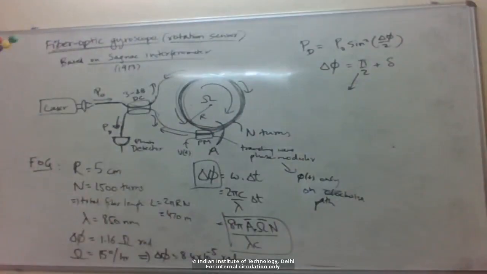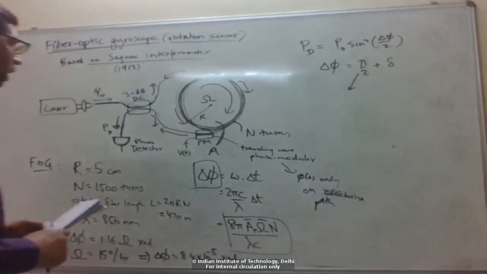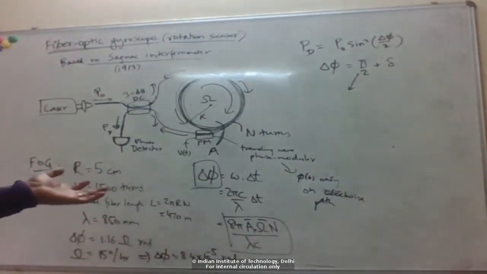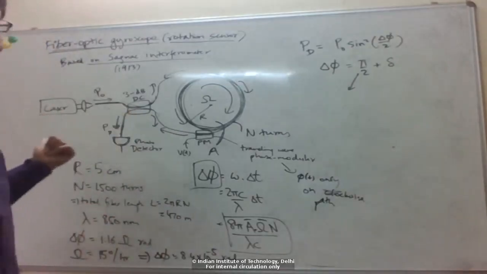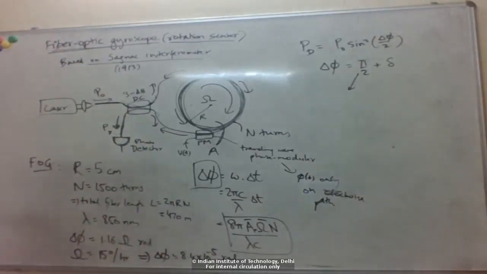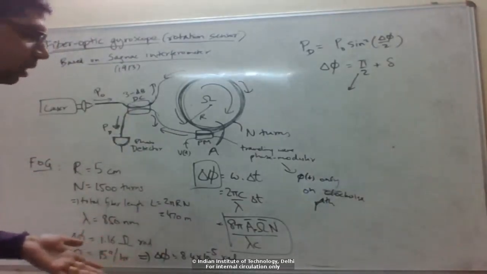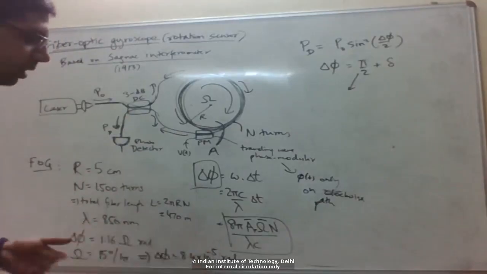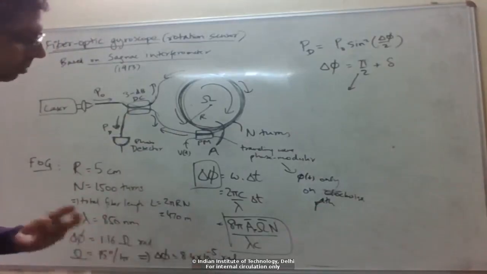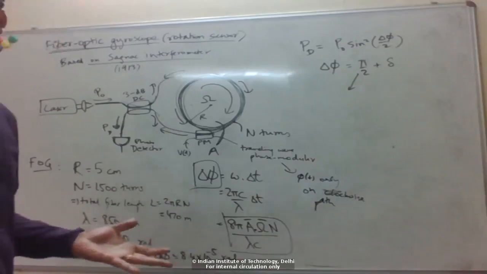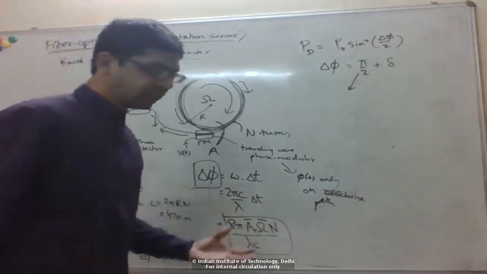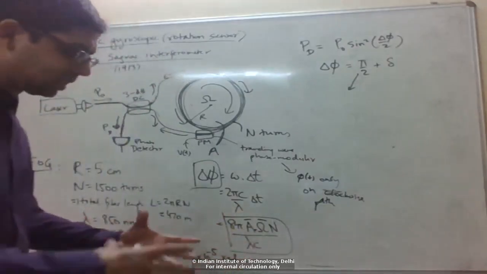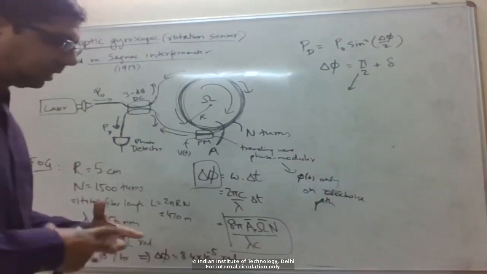So the question is, why is the refractive index not showing up in the final formula? As I said, to derive this in general you have to use the relativistic addition of velocities and then length contraction. It turns out that when you do that, in the final formula the n does not show up. So what determines this phase shift is this length contraction